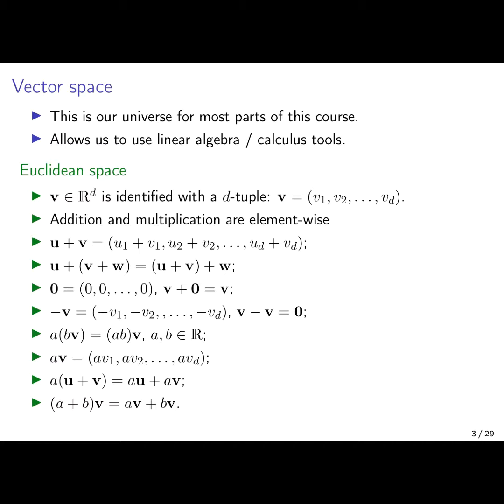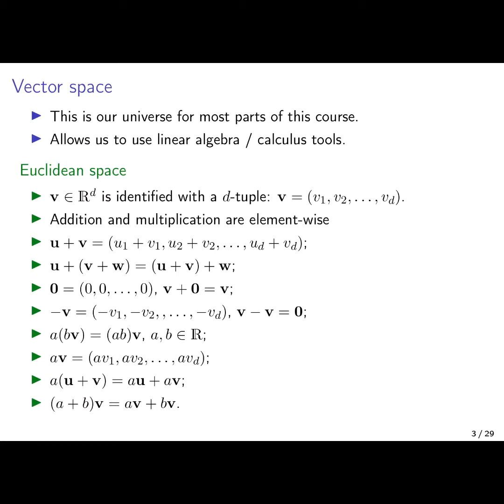Okay, so these two operations satisfy some properties. For instance, the addition is associative, the multiplication is associative, and it is distributive as well. We can define a zero vector where, when you add any vector to 0, you get the vector back. And once you have 0, you can define the negation of a vector. Okay, so I hope this is all familiar,